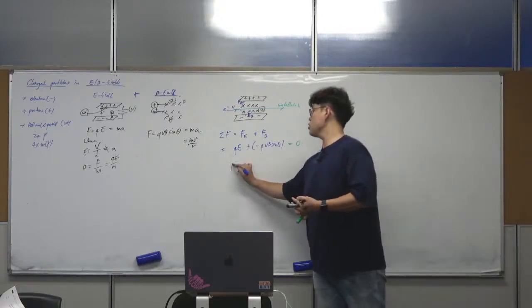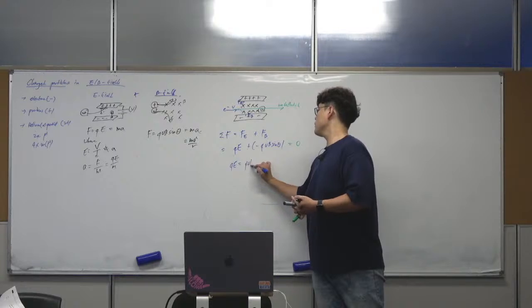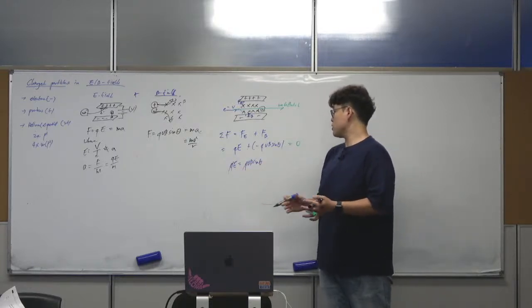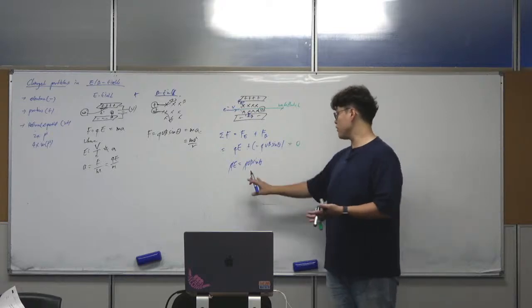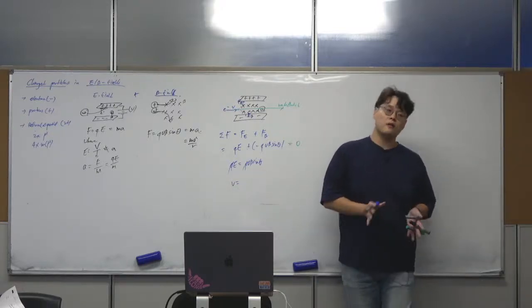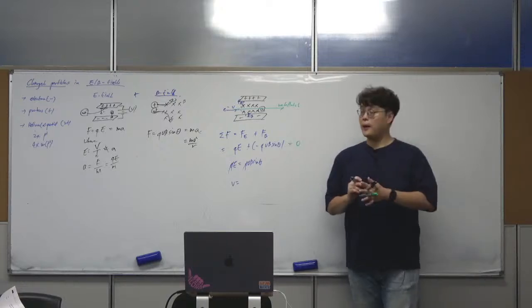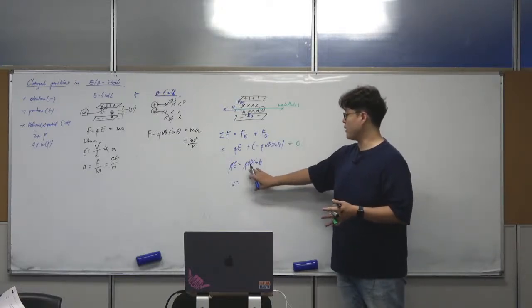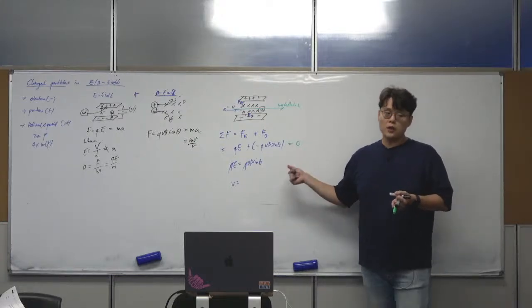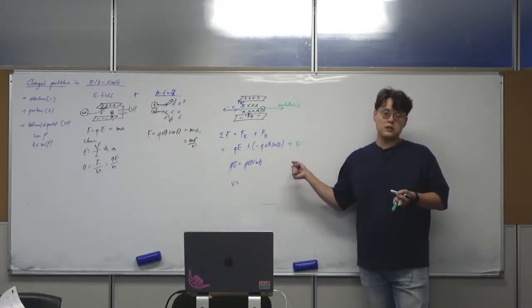Then you get qE is simply equal to qvB sin theta. q cancels out, and you can get the relationship due to that too. E equals vB sin theta, or v is equal to E over B. So the question can be varied. It can ask you various types of questions, like finding v, finding the r, and stuff like that too. Now, the only reason I explain this now is that it is also related to your